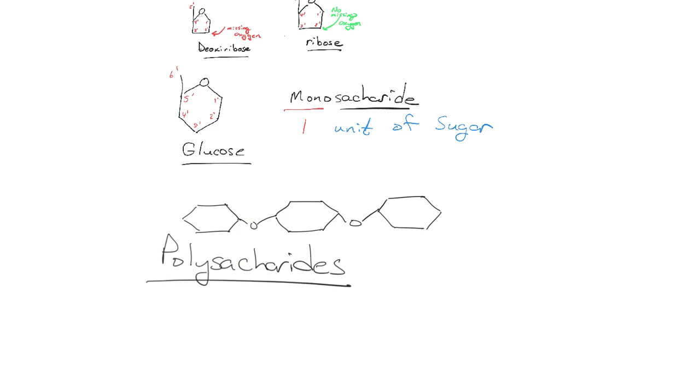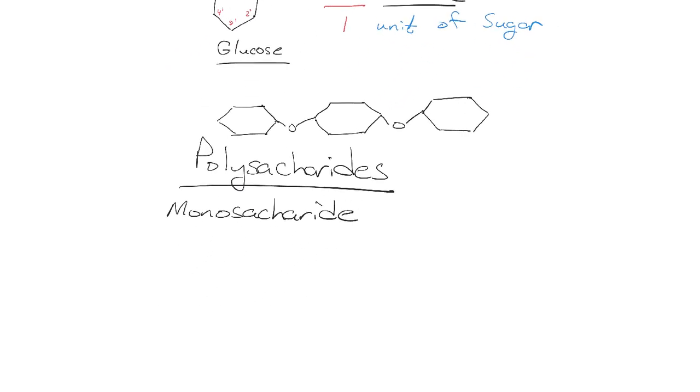Now, if the monosaccharide is glucose and they're in big chains, then the polymer